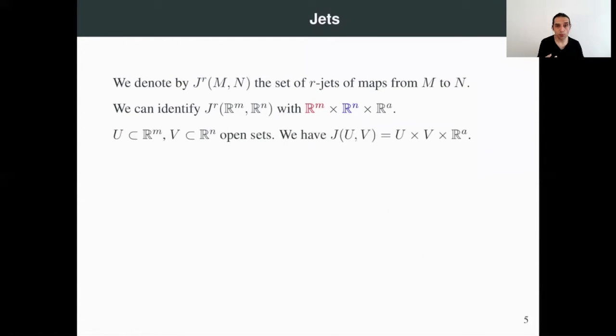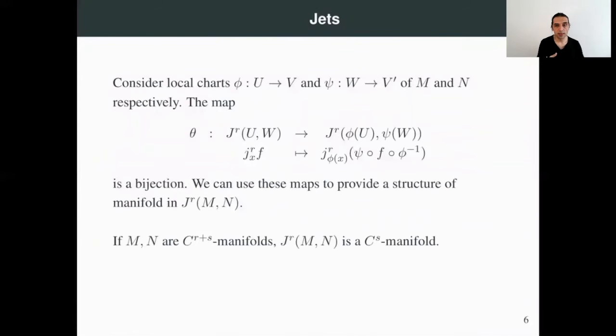Okay, and what we want to use is these maps, with different choices of local charts, in order to define a structure of differentiable manifold on the set of r-jets from M to N. Here we are in a situation that is somehow similar to the one that we saw at the beginning of our course with the tangent manifold. If we have a manifold M that is C^r, the tangent manifold is also a differentiable manifold, but it's just C^(r-1). And since